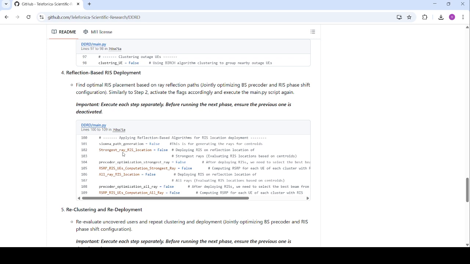It runs the strongest ray RIS location, the precoder optimization, phase shift, and the second algorithm of the reflection-based is the RIS location, and you need to run all of them step by step. So basically you need to run first the Sionna path generation and then make it false, and for the strongest ray you can read the result from the previous step, the Sionna path generation, make it true, do the simulation and go to the next step. So it is